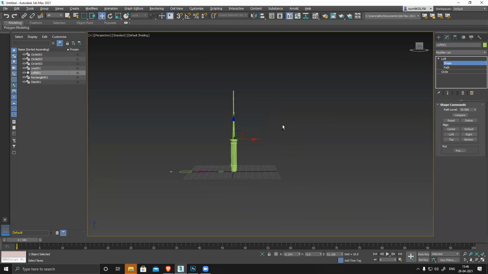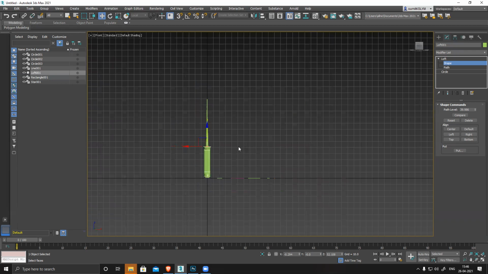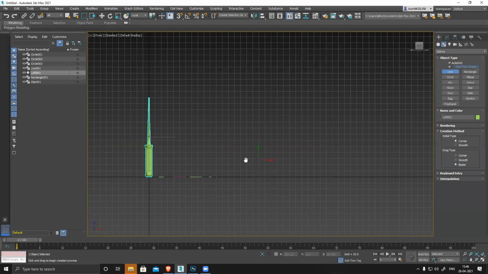Okay, let's see. I'll give you one more example. This is one basic tool; I showed you how to create a small tool. Suppose I have a pipe. Let's do something a little complex.